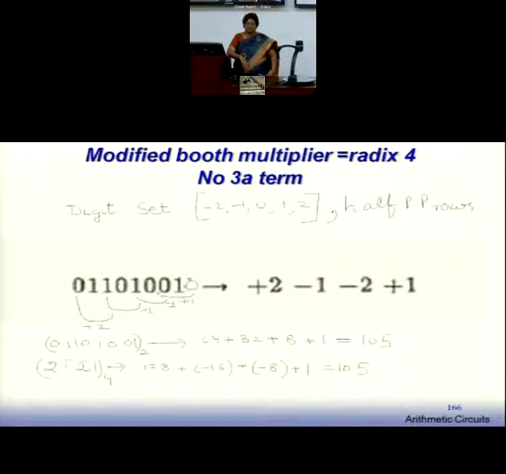It is radix 4. So we have a redundant quaternary addition. I am now going to convert 0, 1, 2, 3 to -2, -1, 0, 1, 2. Now you will say, why have you chosen this set? Can you give me an answer? Why have I chosen this digit set, -2, -1, 0, 1, 2?